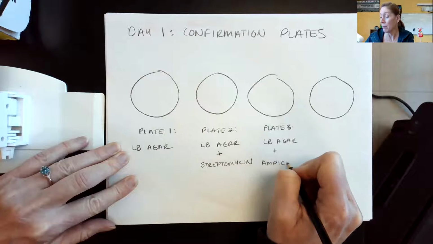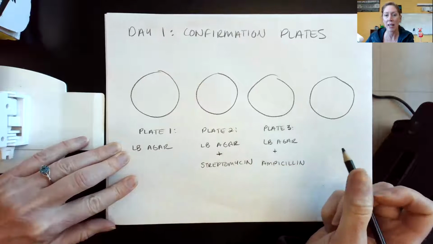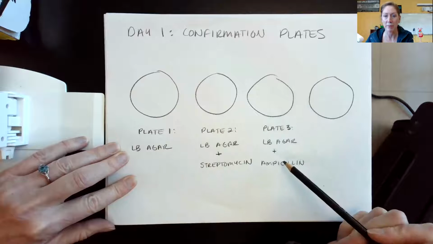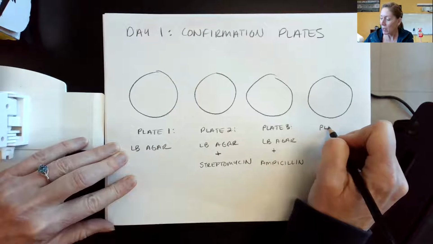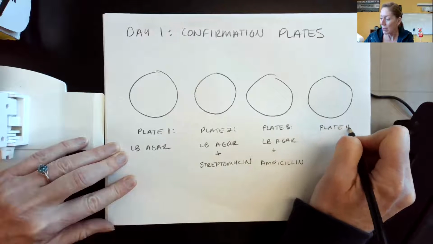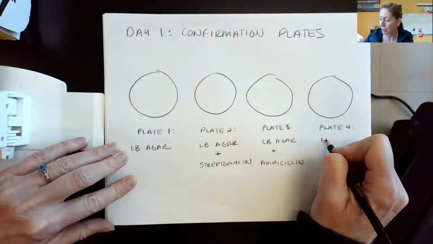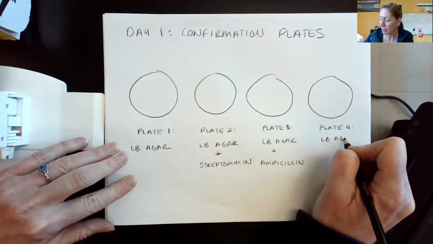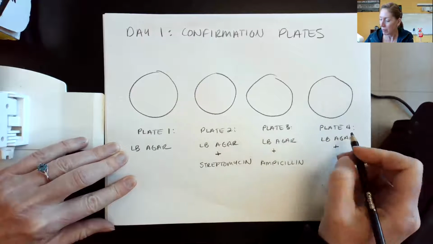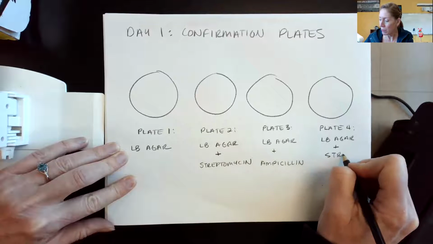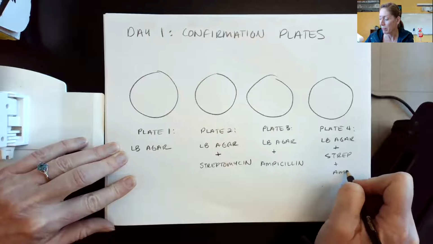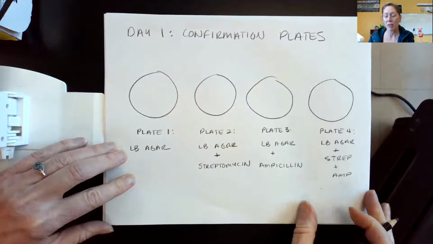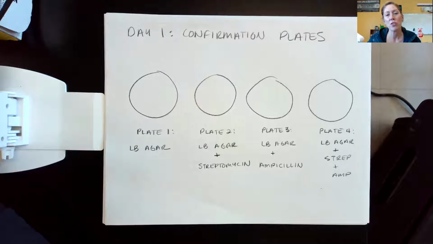Ampicillin is another antibiotic. It's actually a beta-lactam like penicillin. Okay, and in our 4th plate, we're going to have the LB agar and both antibiotics. And I'll just put strep for short and amp for short. Okay, y'all. At this point, I want you to stop and I want you to make predictions as to